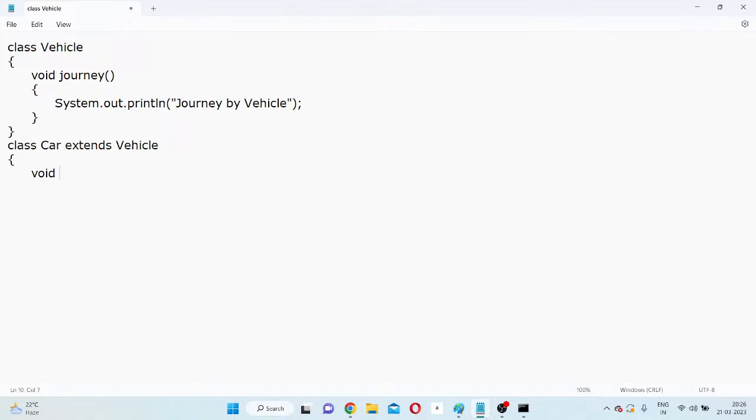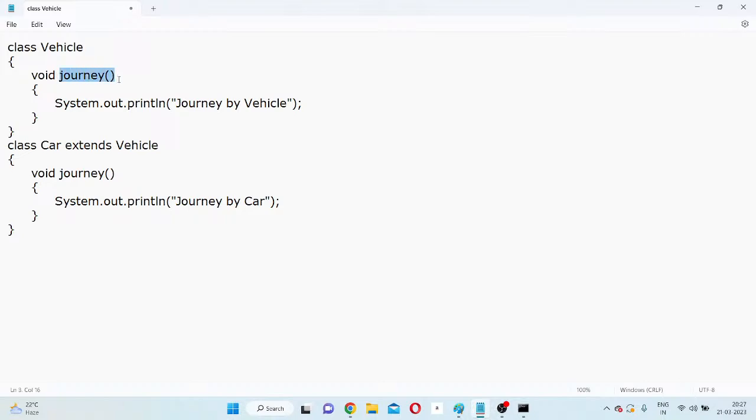Now here I will define the same method, the journey method, with System.out.println("Journey by car"). Now Vehicle is the superclass, Car is the subclass. You see, whatever we have written in the definition,